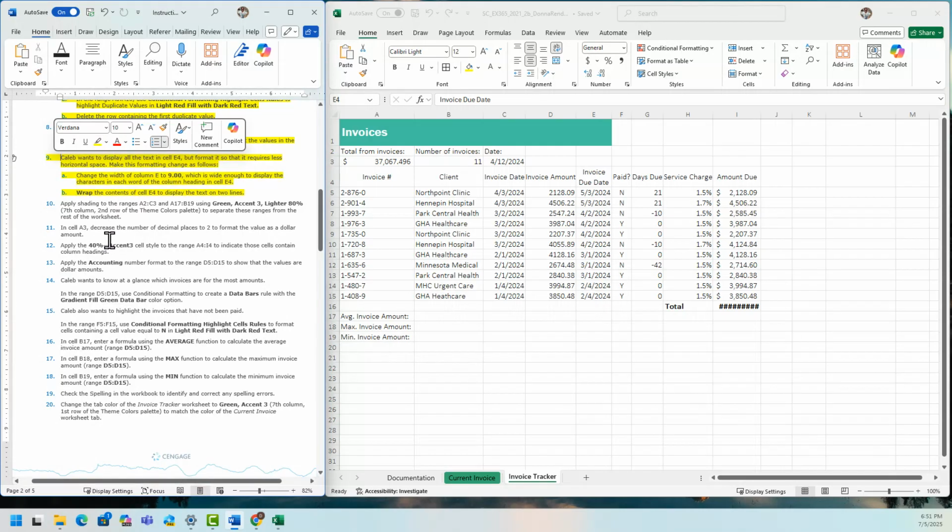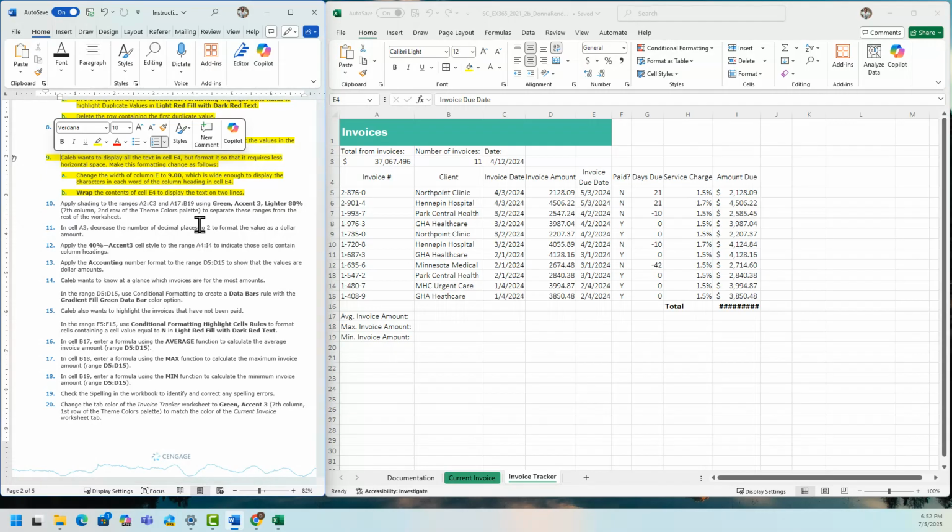Step 10, apply shading to the ranges A2 to C3, and A17 to B19. So it's not 2 rows, but a range of rows and cells, using green accent 3, lighter 80%.